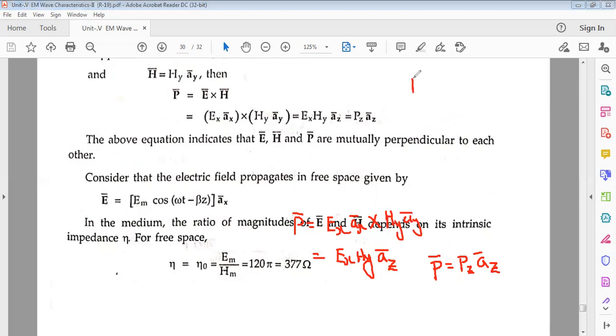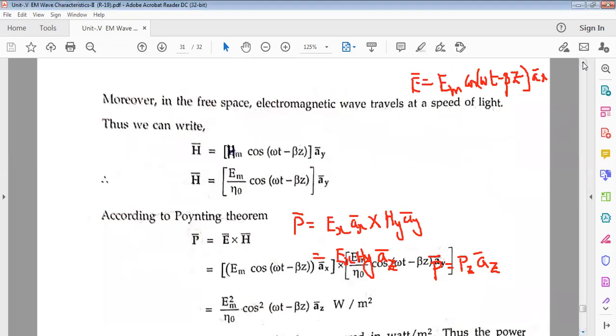The E bar is equal to Em into cos(omega t minus beta z), propagated in the z direction, with Ax bar as its direction. In the medium, the ratio of the magnitudes of E bar and H bar depends on